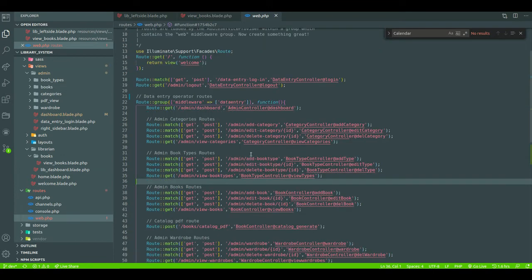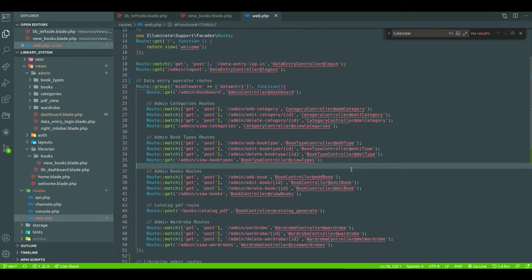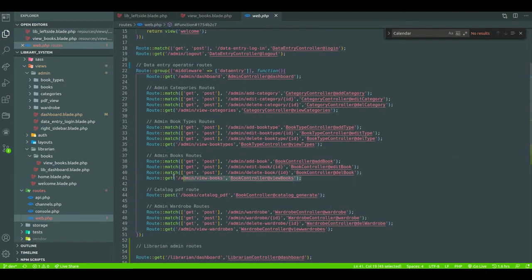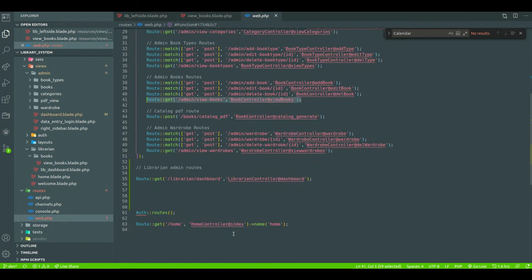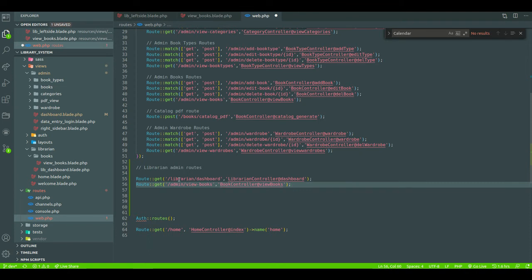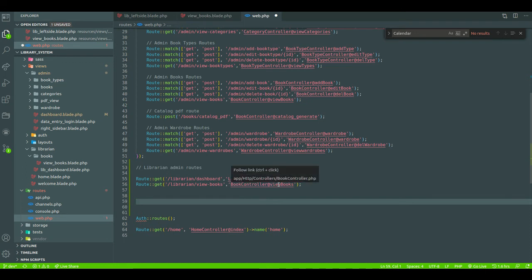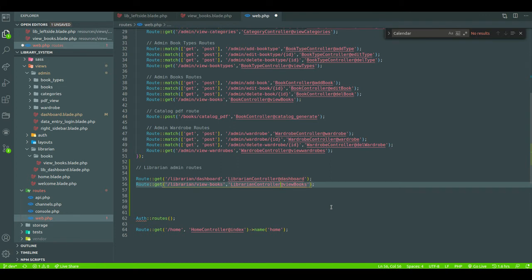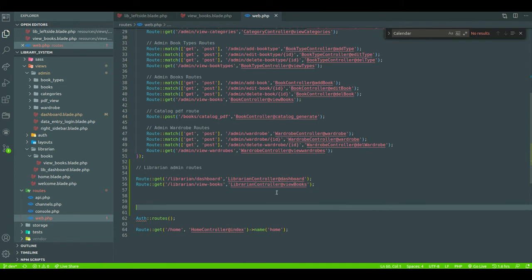In that route, same, you can choose any one, like I choose this one. Get librarian view books, then the librarian controller view books. Yeah, we are using only one controller function because we only need view books.